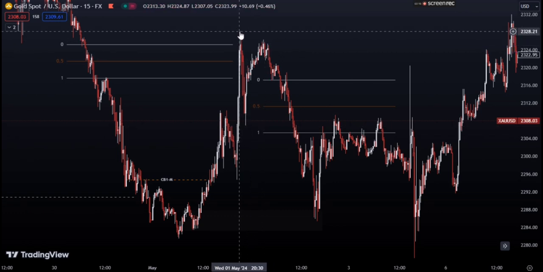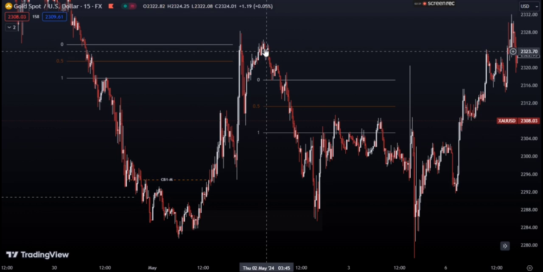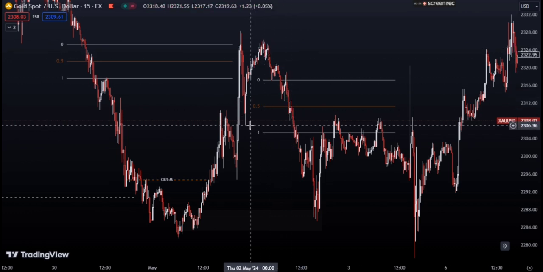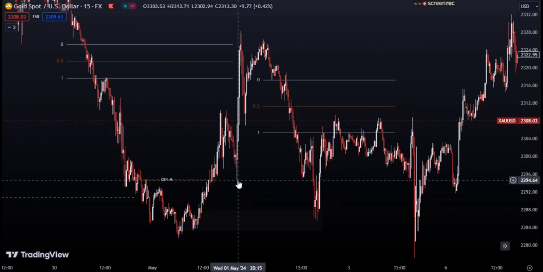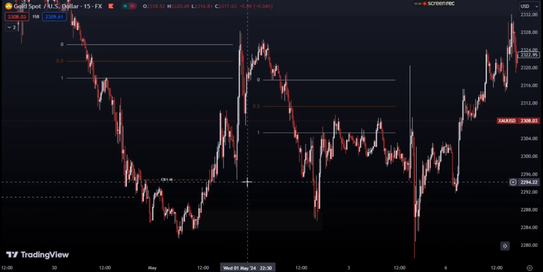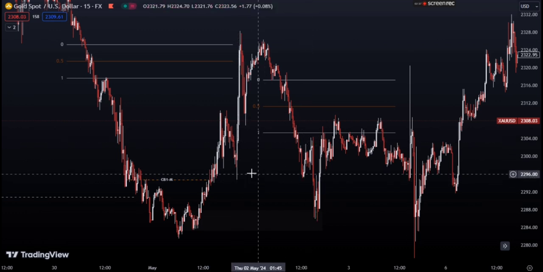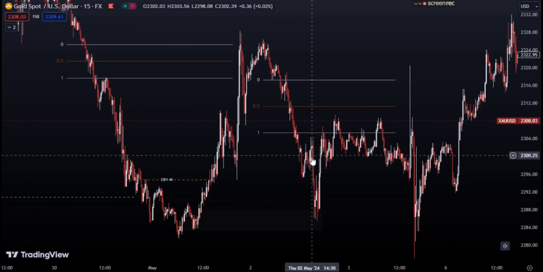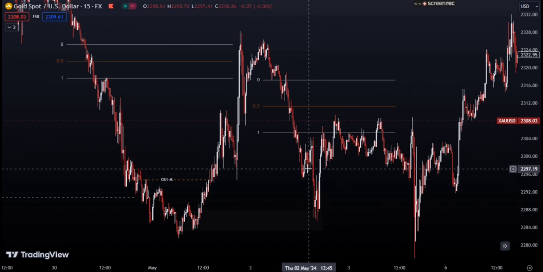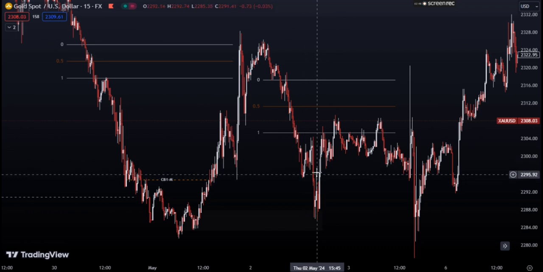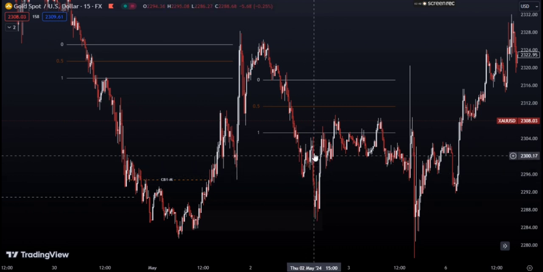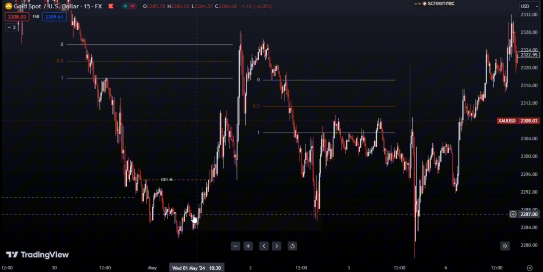It never took out the swing high. What the price later did is to take out the swing low, forming a minor change of character or just a break of structure. Later the price went to the downside. It was unable to take out the swing low. It went up to form a flip zone. It broke it with momentum, causing this market dysfunction, leading to the price being at an untrue price value, and heading to this demand zone.